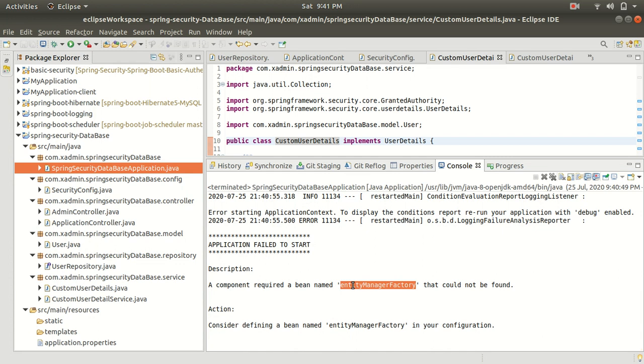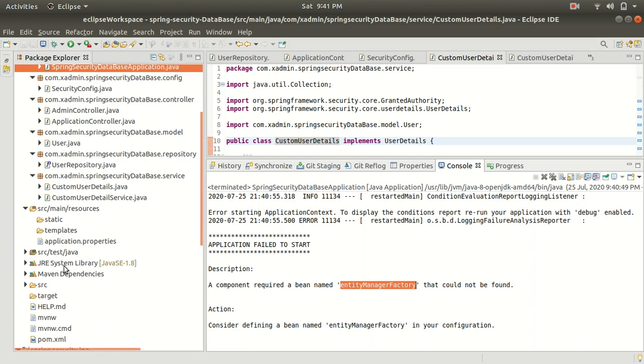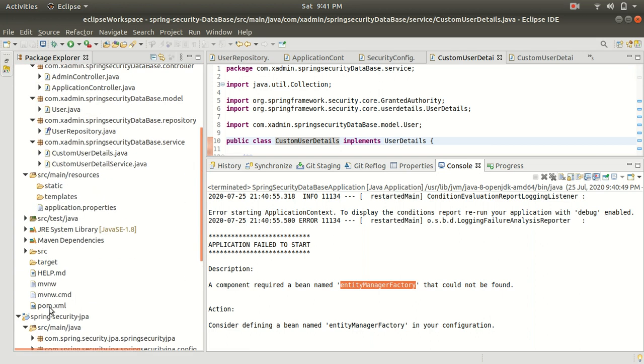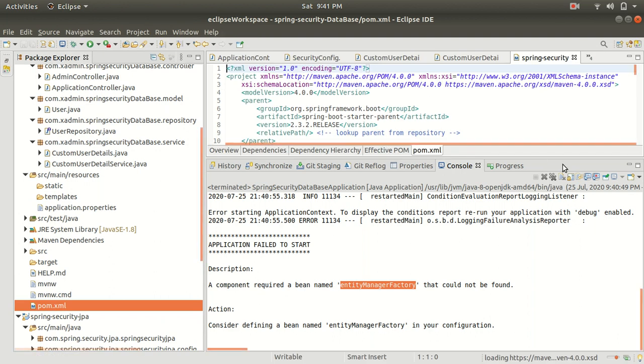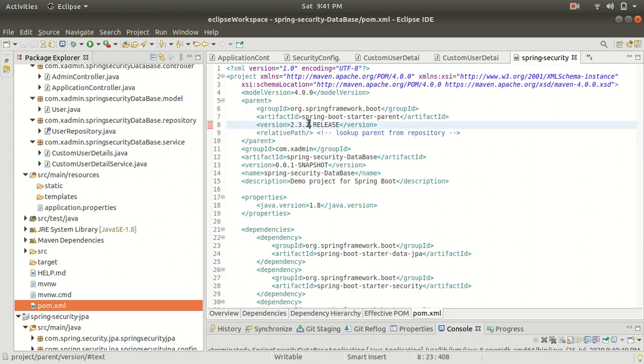All right, so we have some problem inside our pom.xml. Let's go to our pom.xml, and here you can see that we are using release 2.3.2. We are getting some error in this 2.3.2 version of Spring Boot.